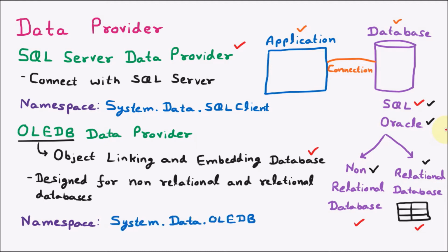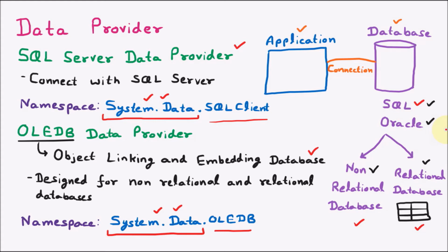Here is one important thing to note. If we observe the namespaces, we can see that in the SQL Server Data Provider, we are having System.Data, then .SqlClient. And if we talk about OLEDB Data Provider, here we are having System.Data.OleDb. That means this System.Data is common. If we talk about all the data providers which are available, and inside that we are using the namespaces, everywhere we will find that it will start with System.Data. Here data stands for the database connectivity.